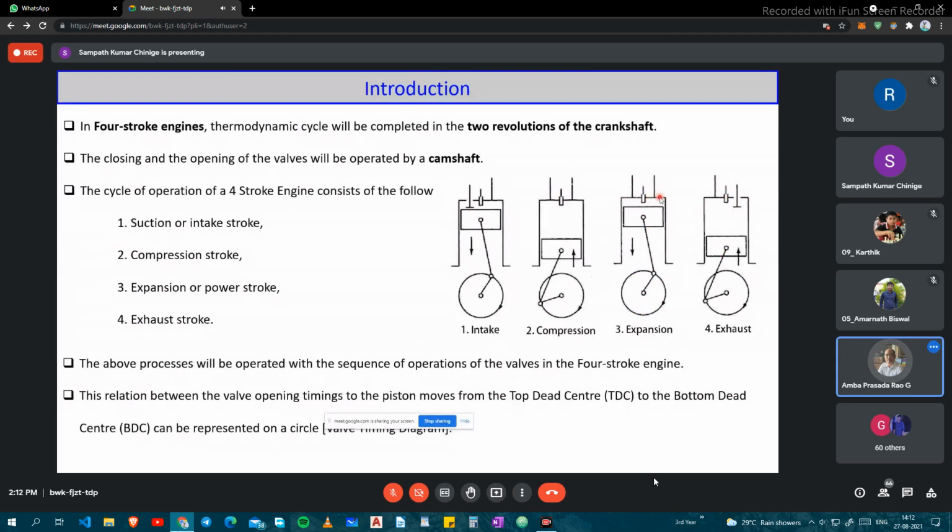compression. Power is obtained from the engine. So there should be some source to supply the power to complete the suction, the exhaust, and also the compression. Whatever energy you are getting here may be self-sufficient, maybe in excess. If it is in excess, it will be stored in the form of rotational energy. That's why we require a heavy flywheel. That flywheel will store the energy in the form of rotational energy.